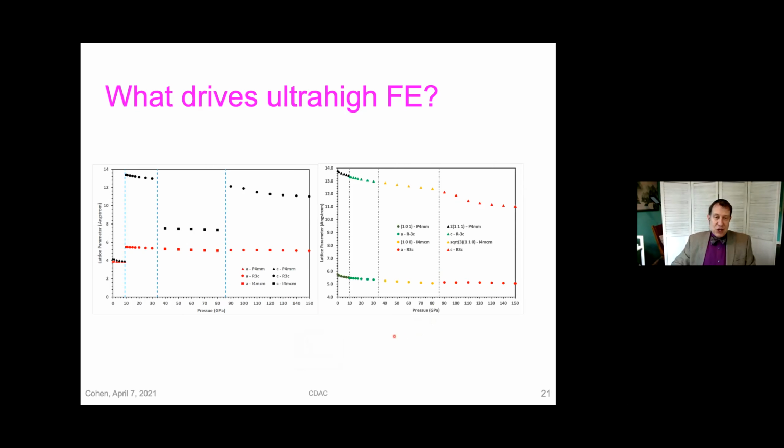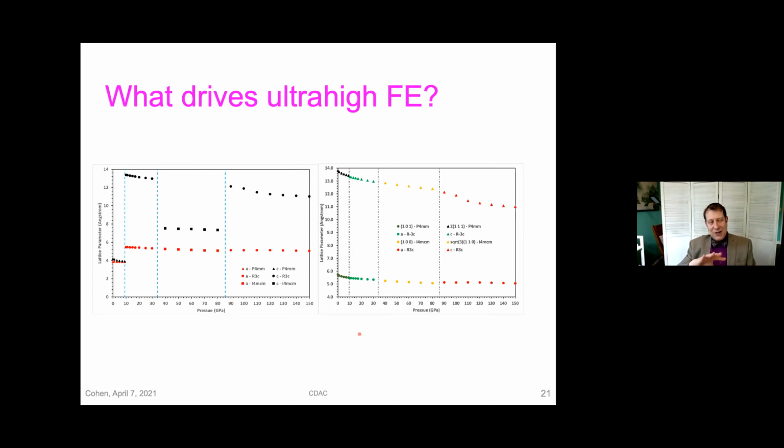So first, let me just show you some of the different things that we've looked at here. First, if you just look at the computed lattice parameters as a function of pressure, it's a little hard to track them when you just look at the lattice parameters themselves, as shown on the left diagram here. So we're going to tetragonal, and then as we go through different phases, of course, it looks like totally different lattice parameters. But we can reference these all to each other because we know what's actually happening.